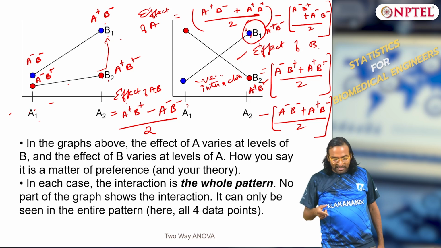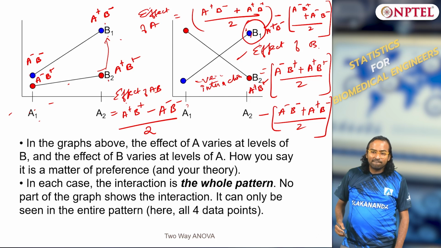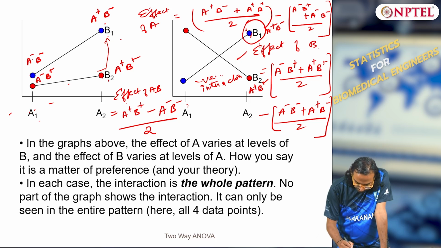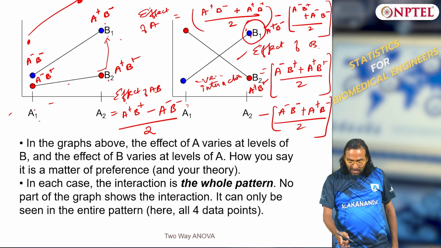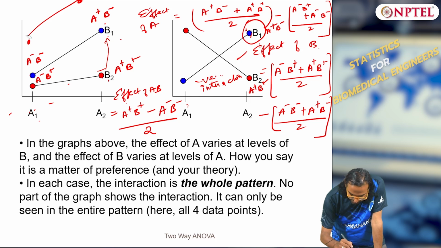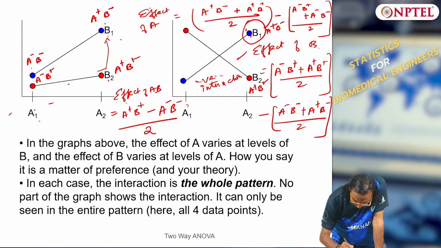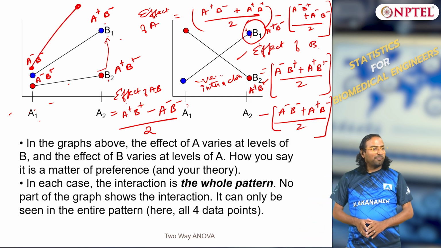And you could have a positive interaction. If I have a positive interaction, how should it be? I could have something like this, very high. A alone is not nothing, but this is significantly diverged. This is A negative B negative, right? So if I have A negative B negative, I could have this graph diverging like this very highly. This will be a positive interaction because of the combined effect.